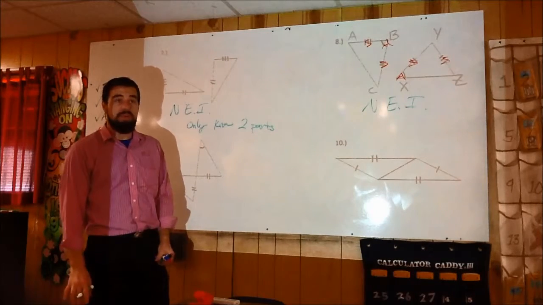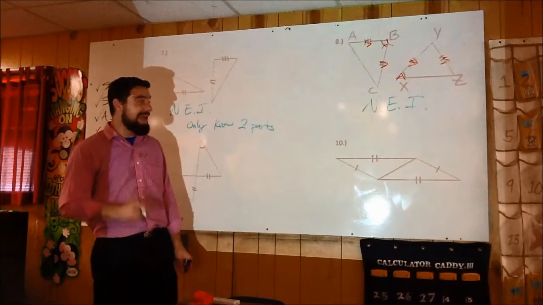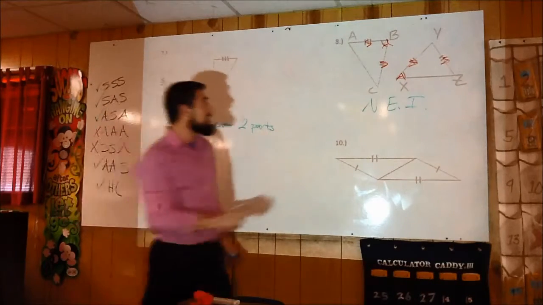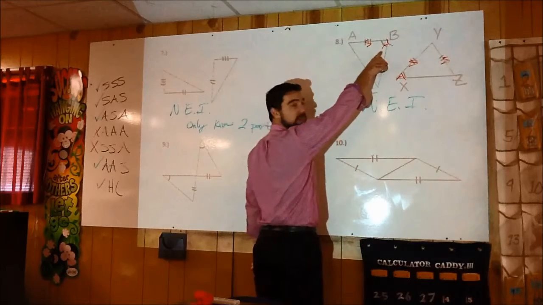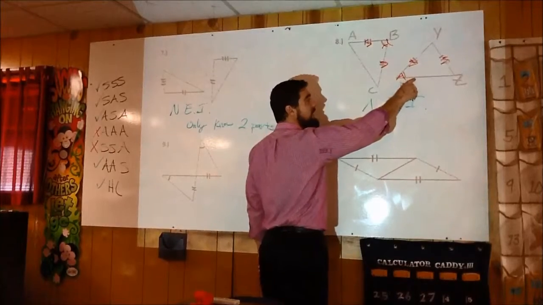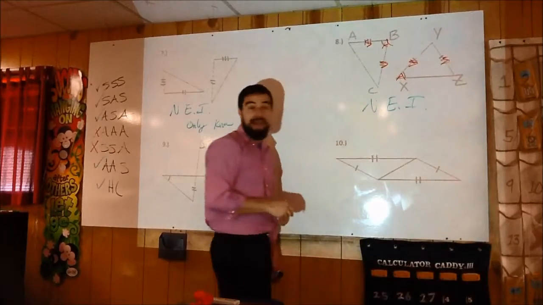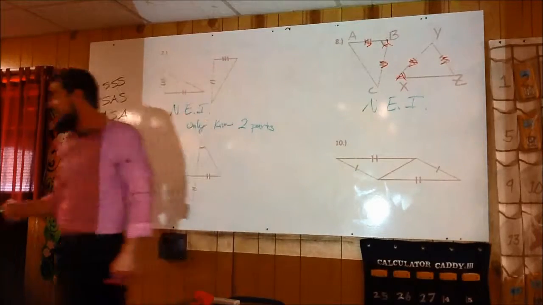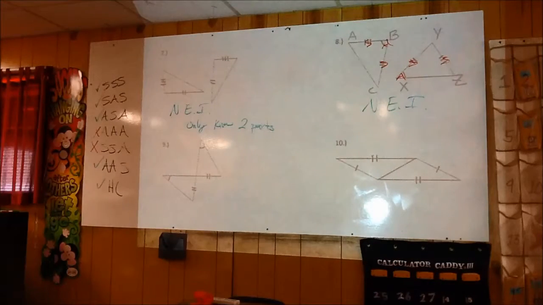These are not corresponding parts. The angles are not corresponding angles. In the first triangle, angle B is the included angle. However, in this triangle, we know something about angle X. That's not the included angle. So this is the exact same as number 4, right? This is exactly